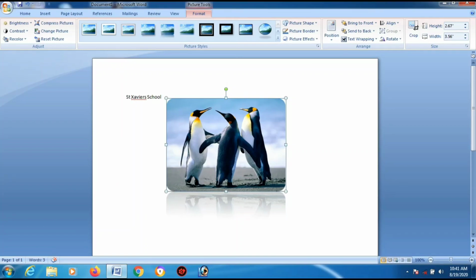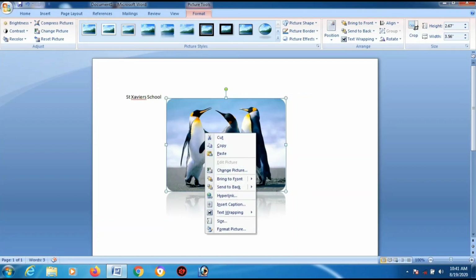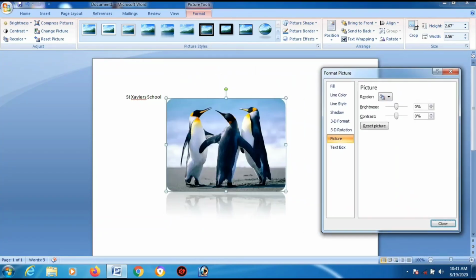Okay, regarding these pictures, let's still change a few of the features. Let's edit this picture. Is it possible? Of course it is possible. If you want to format this picture, the formatting option is present over here. Now you want to increase the contrast so that the picture looks much more vivid. Vivid means the contrast of the picture is high enough. So let's increase it. See, as soon as we increase the contrast, the picture looks more dynamic, more vivid, isn't it?